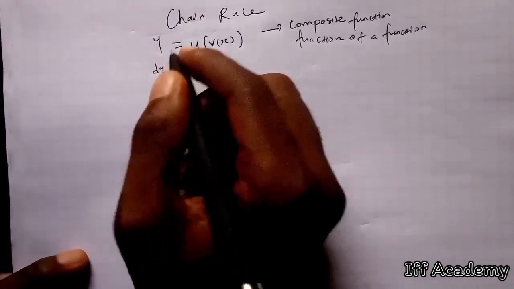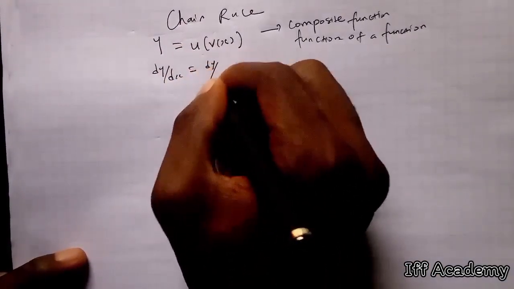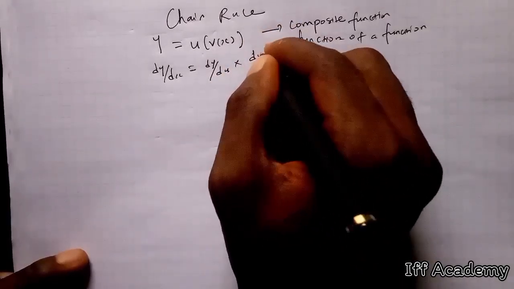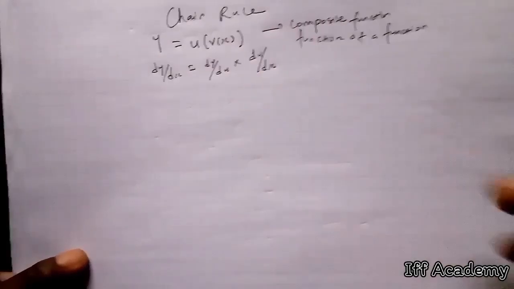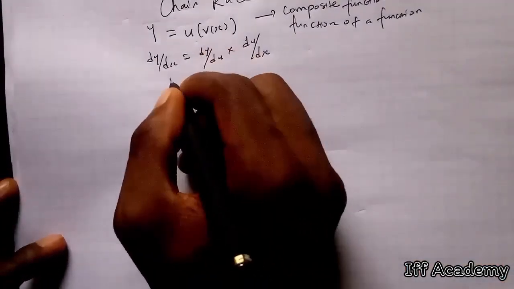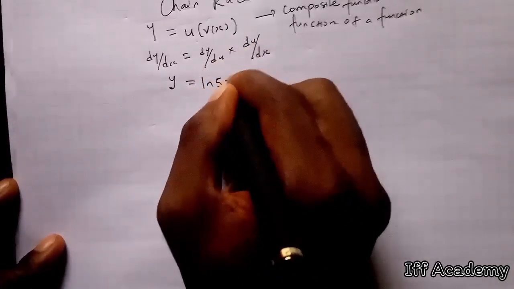My dy over dx is simply dy over du times du over dx, right? So if I have y is equals to ln 5x,